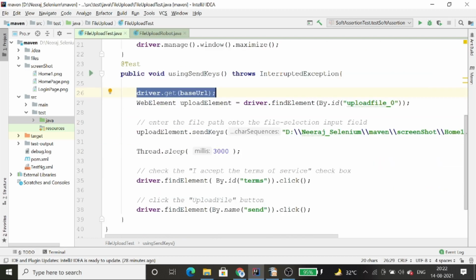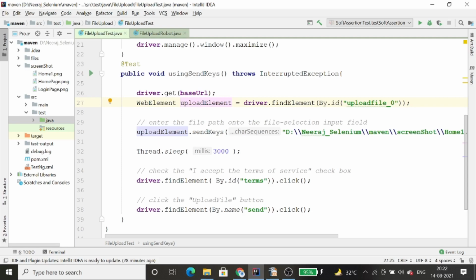Now after launching the URL, you need to first find the element, or you can say the locator, of that text box, right? The text box that is available on the web page. जो text box available होगा उसके लिए आपको locator बनाना होगा, और जैसे ही आप locator बना लेते हो आप इसी तरीके से रखते हो, right? How you keep your locators? Like in the same way. WebElement, driver dot findElement by dot. If you have used the ID, you can directly use By dot ID. If you have created CSS or XPath, you have to use By dot XPath or By dot CSS selector, anything you can select, right?